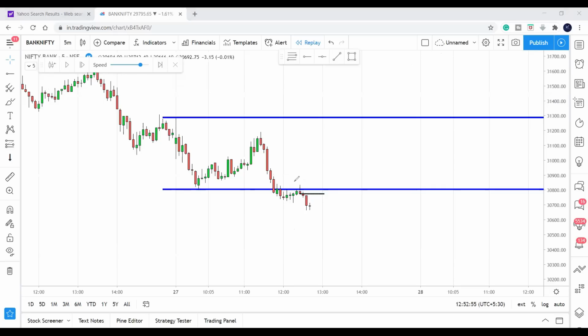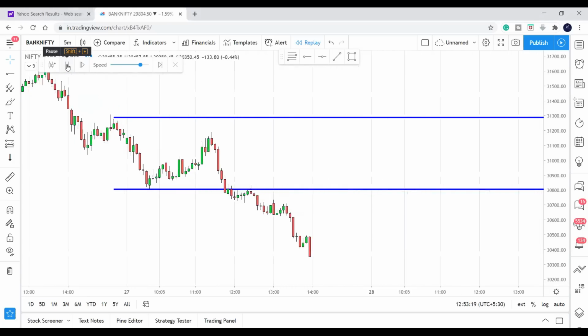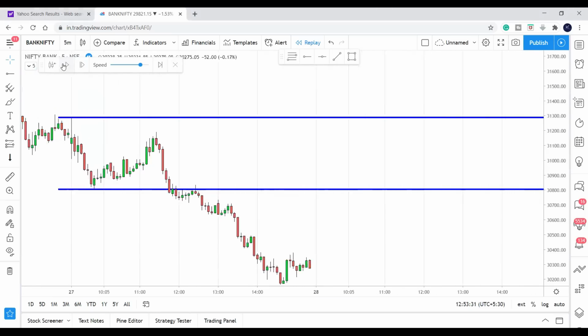You entered here. You should keep your stop loss above the breakout line and above that bearish pin bar. So this is your stop loss. This is your entry, right? And look at this, how big a move you got that day. Your entry was this candle, your stop loss was somewhere here, and it is more than 1:2 risk reward.